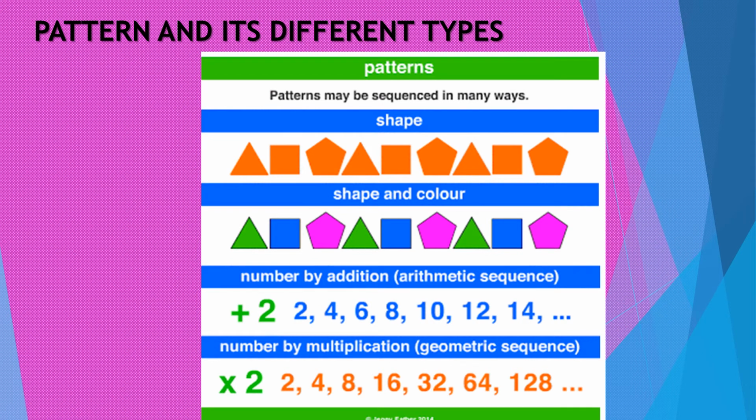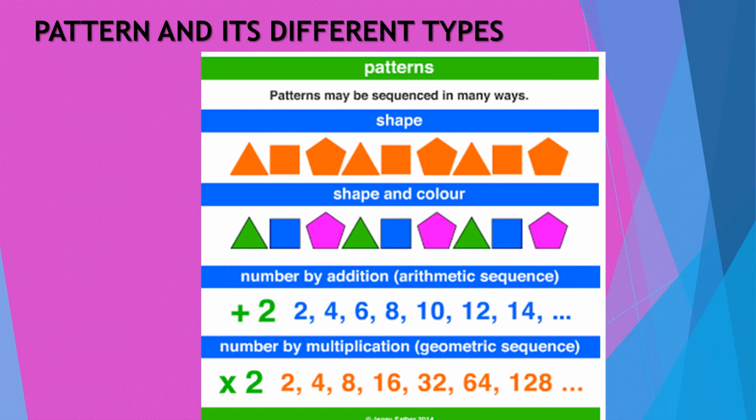Next we're going to learn about a pattern. What is a pattern? A pattern is a series or sequence that can be repetitive or non-repetitive. So what are the different types of patterns that we can see? One, it could be a shape pattern, as you can see here in the picture in orange colors. The pattern of the shapes repeats after triangle, square and a pentagon, and then again it keeps on repeating as triangle, square and